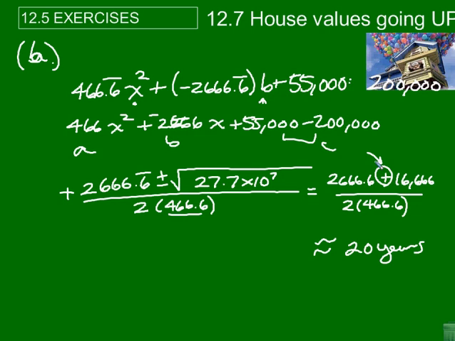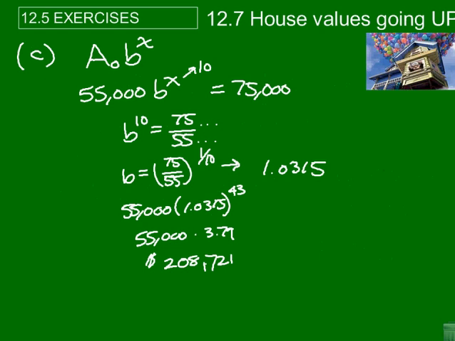So hopefully you have this problem done, and this is just kind of checking your work. So here we go. Now we're going to move on to part C. We're going to get a general equation. We've got two data points, which is all we need. So we've got 55,000